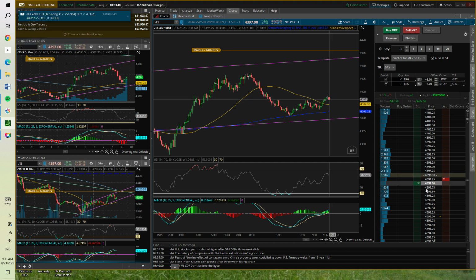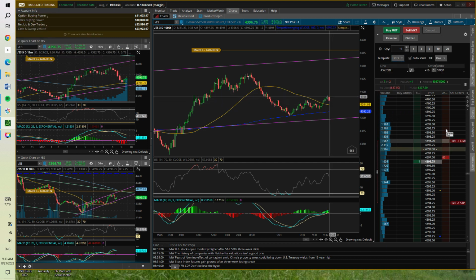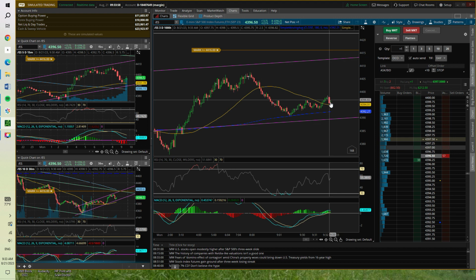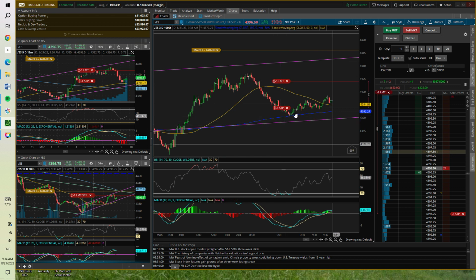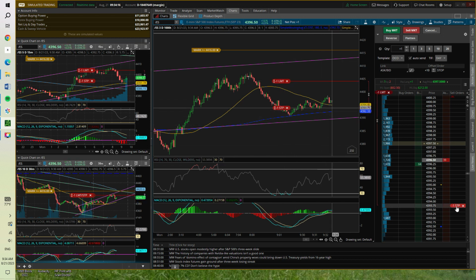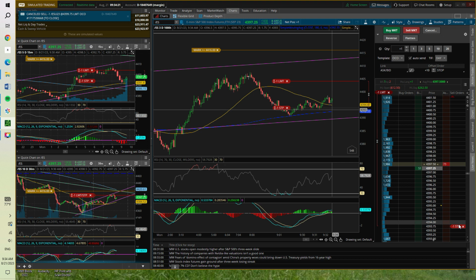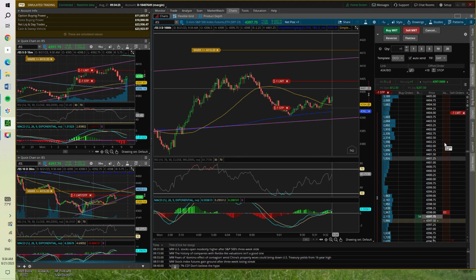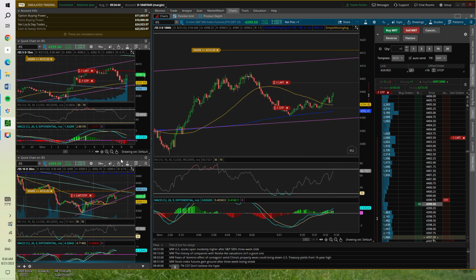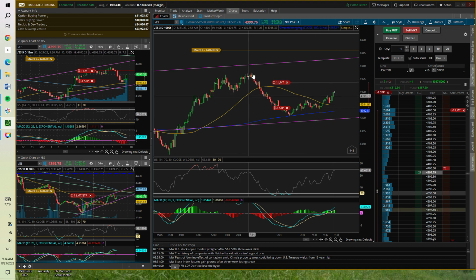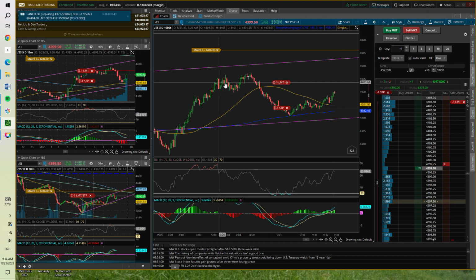All right, took my order, but in doing so, it canceled out my stop and limit orders. So I got to put them back in. So I'm adjusting right now to a decent level, and my stop, I'm pretty happy with that. So it's just below the SMA, and it looks like it's already starting to go up. So that's encouraging. And you can see kind of the clusters of orders there on the AT screen.